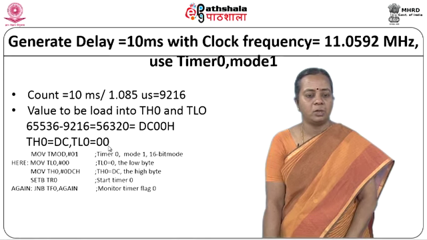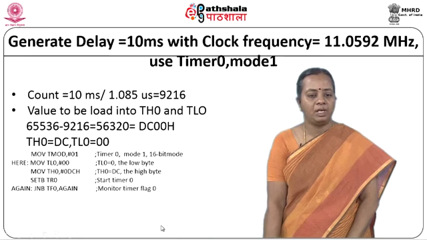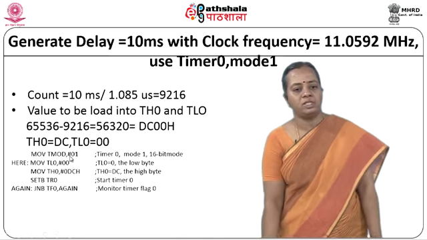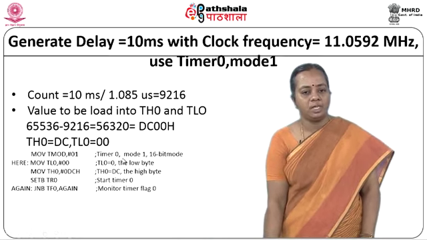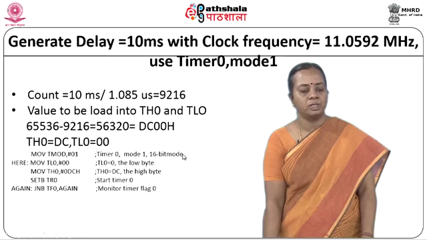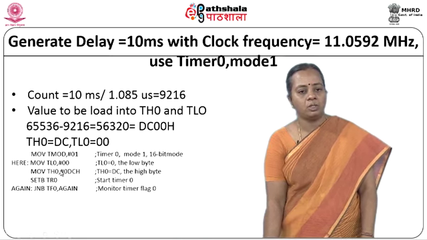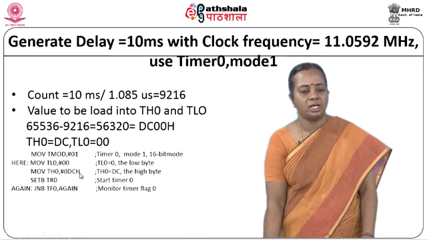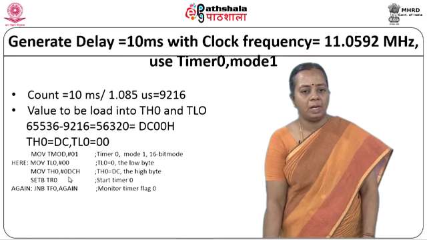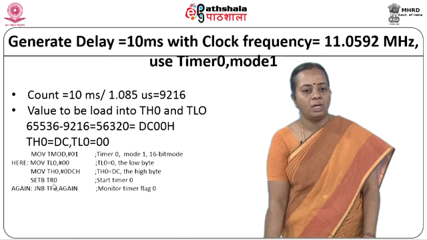Now you can see the code segment with which I will generate a delay of 10 milliseconds. First I set TMOD equal to 01, which selects timer 0 because the lower nibble is loaded with 1. So, timer 0 is set and mode 1 is set. Because of mode 1, it is 16-bit mode. Now, move TL0 equal to 00, move TH0 equal to 0DCH. So, TL and TH are loaded with the preset values for 10 milliseconds, and then SETB TR0. Now I am making TR0 one, that means the timer control for timer 0 is started.